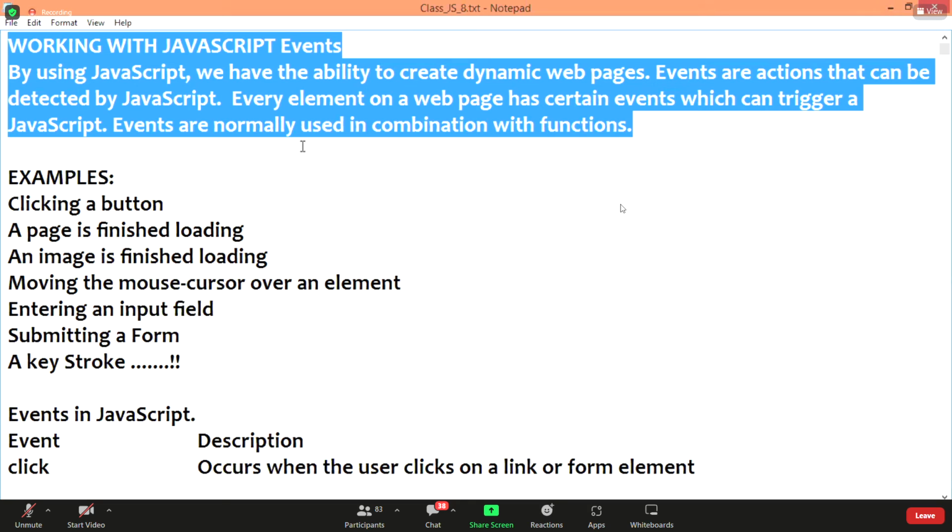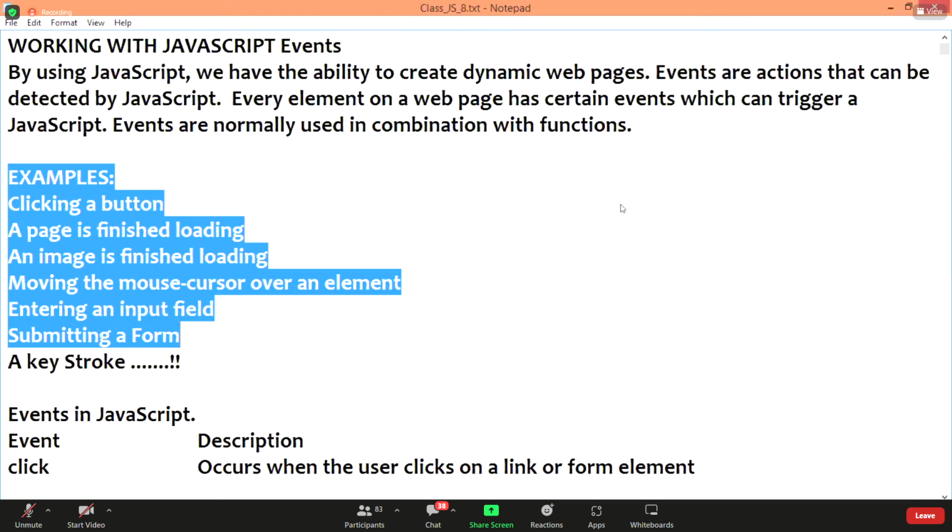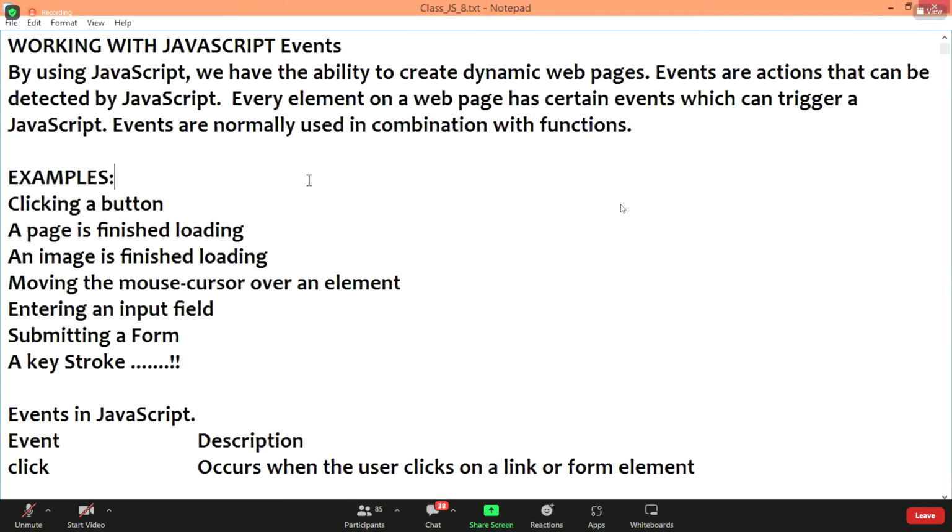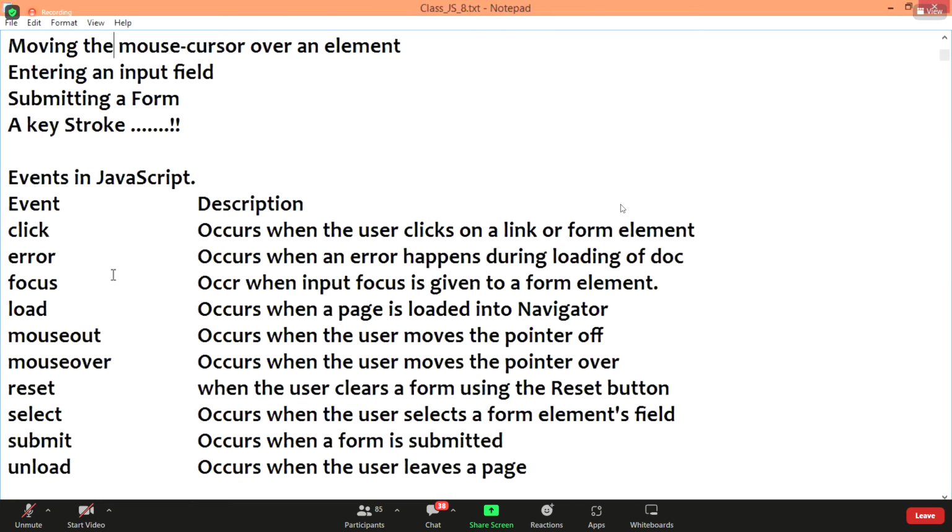So what examples exist here? Clicking a button, a page finishing loading, an image finishing loading, moving the mouse cursor over an element, entering an input field, submitting a form, a keystroke. There are many examples. Generally, events are very powerful. So come down, what is exactly